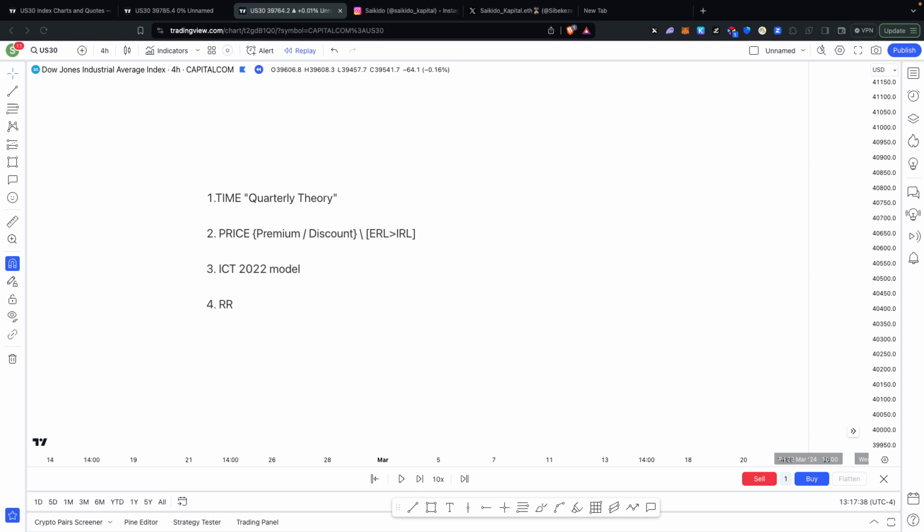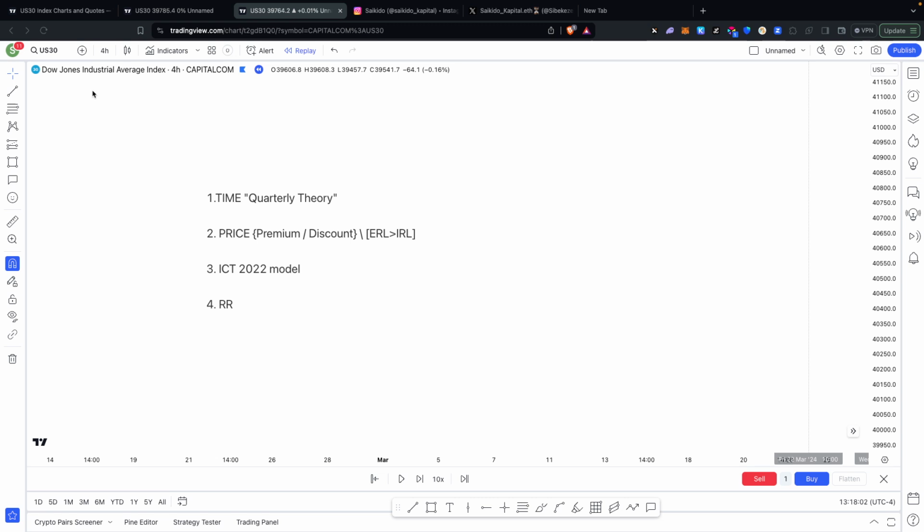Sorry about that. So today I want to talk about these four things right here, and more specifically the quarterly theory, okay? And I'm going to be showing you with an example of a trade that I took on the 27th of March, which was the Dow Jones trade. So on this trade,